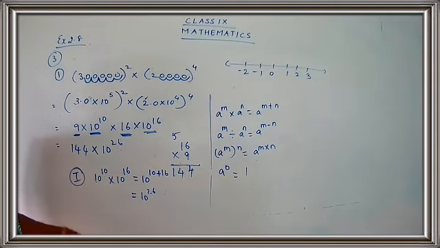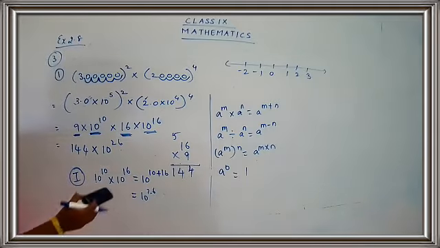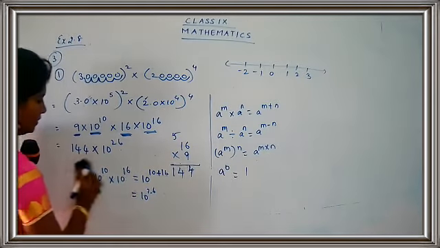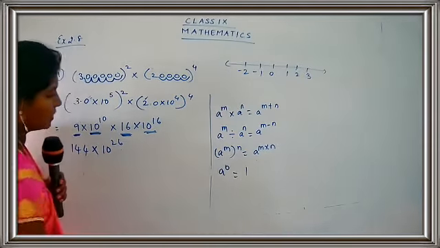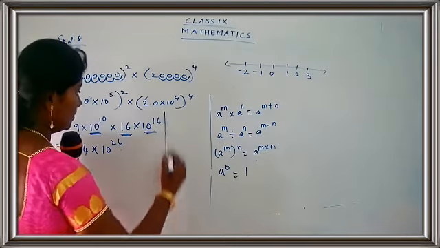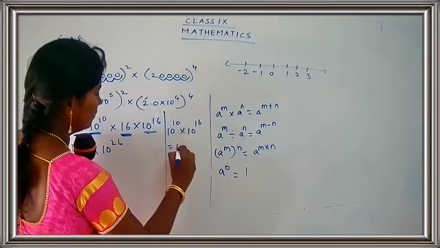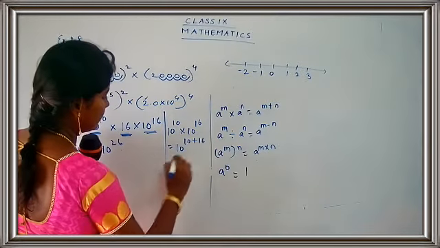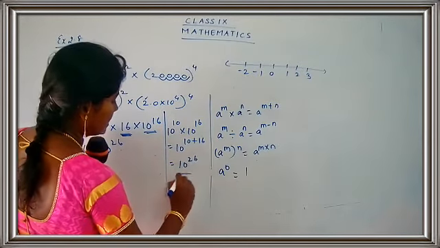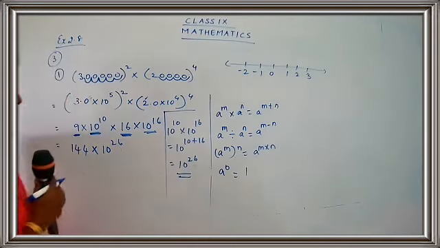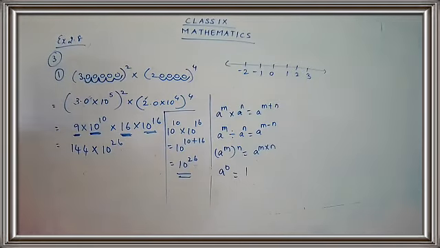Still, we have some more steps. We have not completed our answer. We have a few more steps. So I hope you are clear with this step, children. You can write down the step in the working part. Just write down here 10 raised to 10 into 10 raised to 16 is equal to 10 raised to 10 plus 16, 10 raised to 26. So just show this working part. You should know how you got the power 10 raised to 26. So it's 144 into 10 raised to 26.